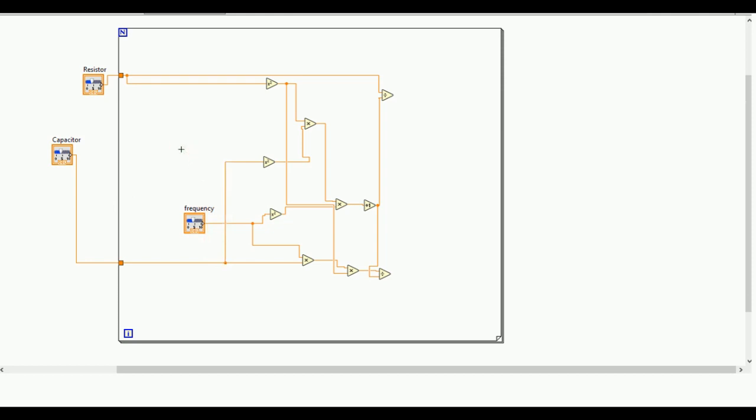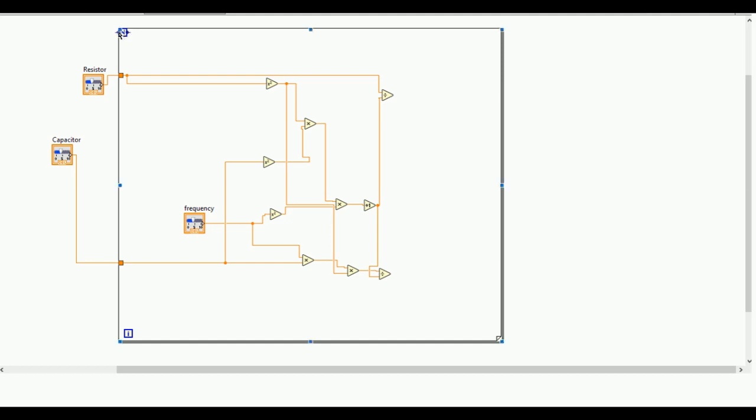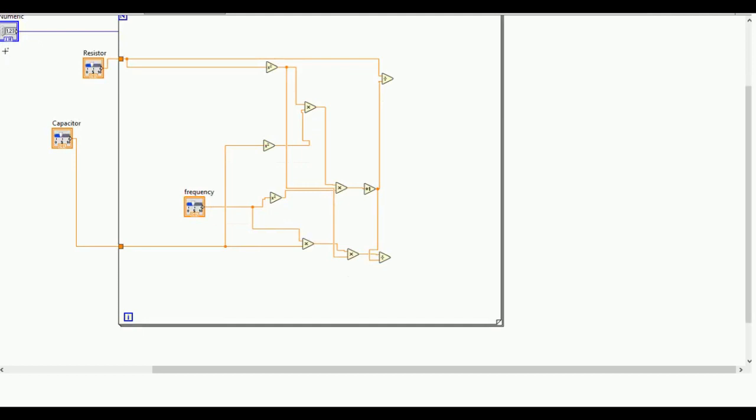And one more thing, you have to create number of data points, like how many data points you need. So for that I am creating here create control, so it will be the number of data points. For example, 201 I need, so for that I can put here as a numeric control in the front panel.